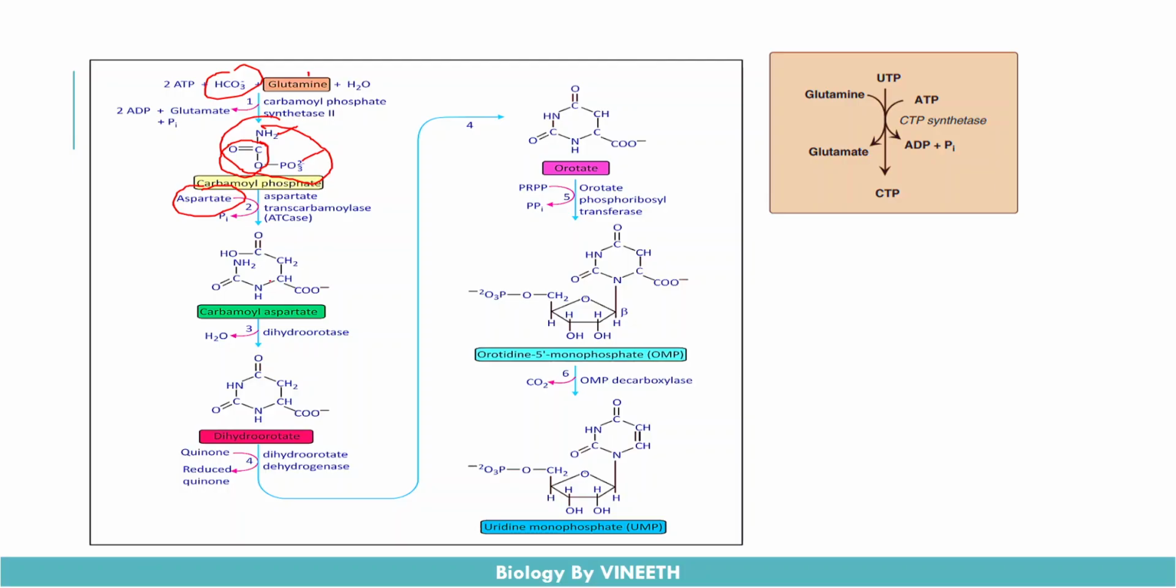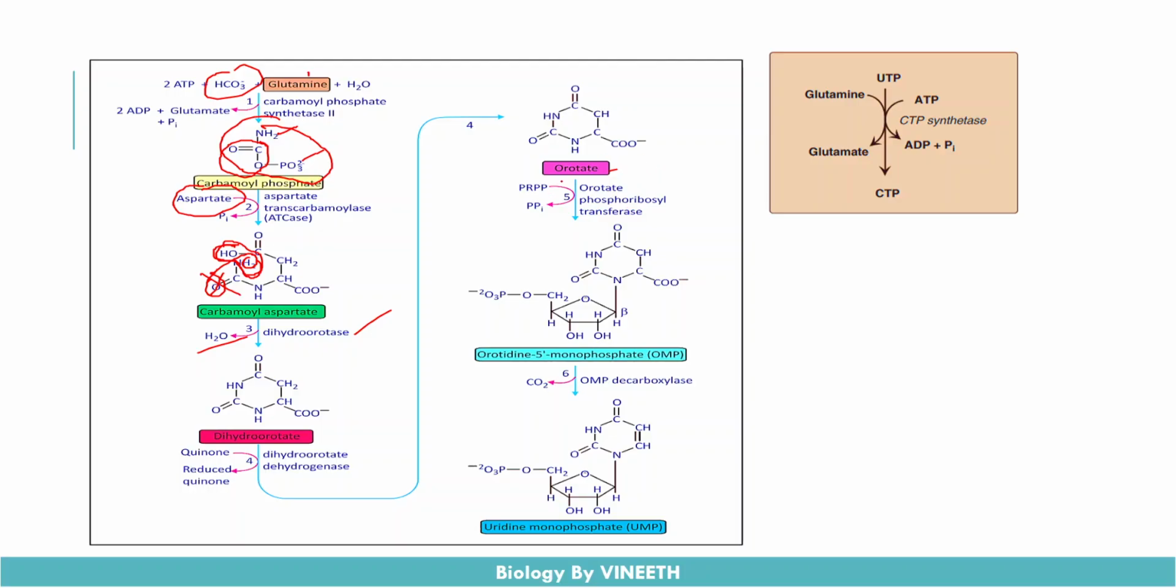Now this pyrimidine ring undergoes cyclization in the presence of dihydroorotase, which removes a water molecule. The hydroxyl group from here, not this ketone group, and the hydrogen atom from the amine group get eliminated as a water molecule, and you get dihydroorotate, which is the cyclized form of the carbamoyl aspartate molecule. Now this undergoes dehydrogenation to get converted into orotate or orotic acid, and this orotic